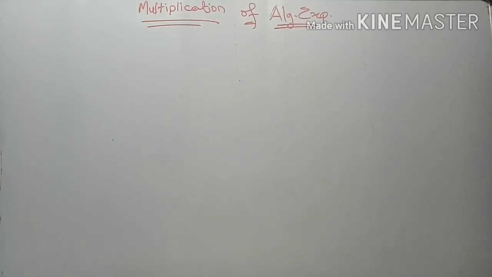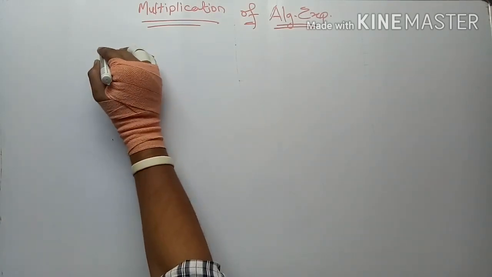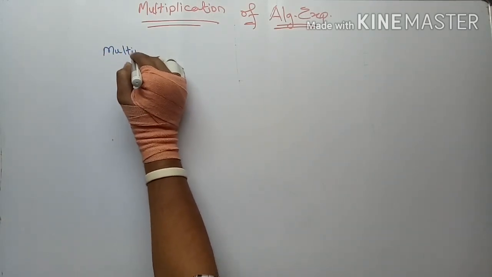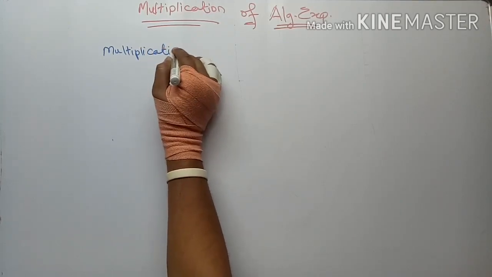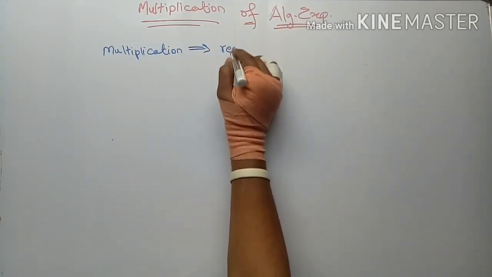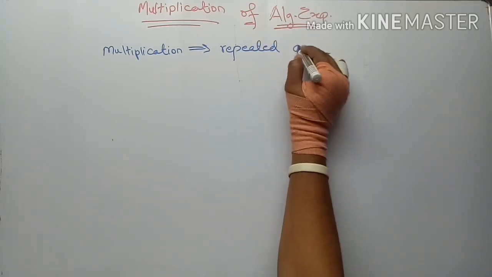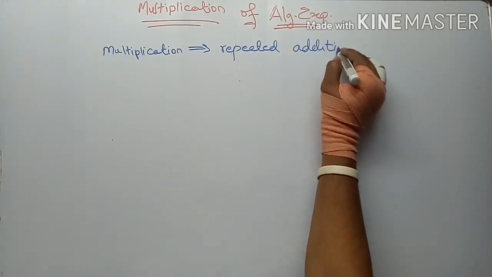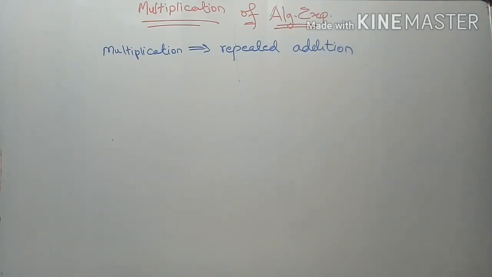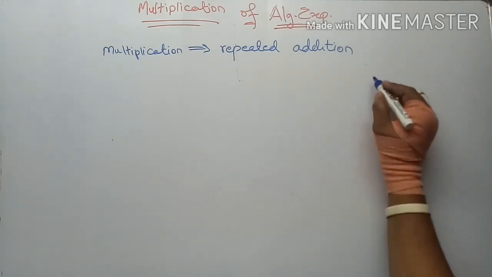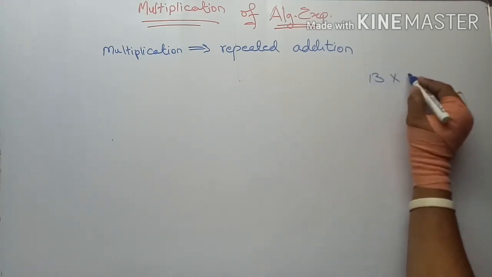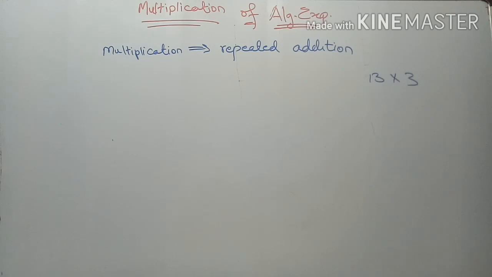Multiplication of algebraic expressions is similar to multiplication of regular numbers. Now, multiplication means repeated addition. Please bear with my handwriting as I have some restrictions with my hand movements. Multiplication means repeated addition. For example, if 13 is multiplied by 3, we can also pronounce it as